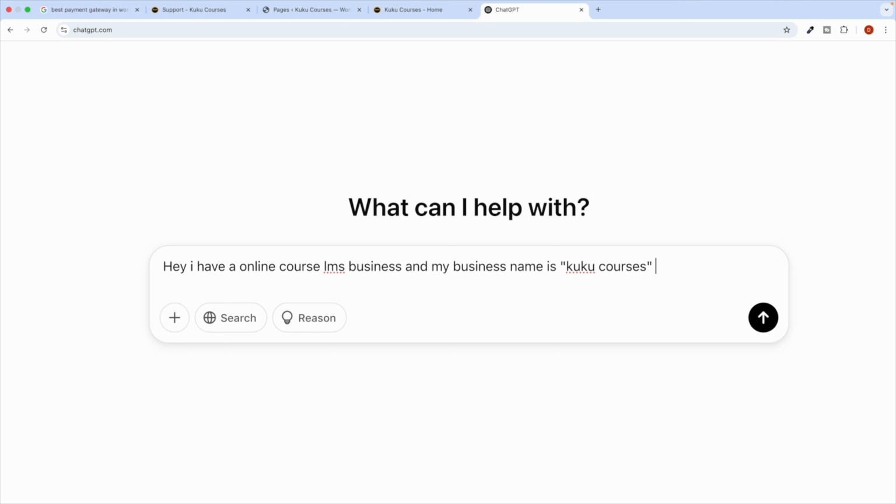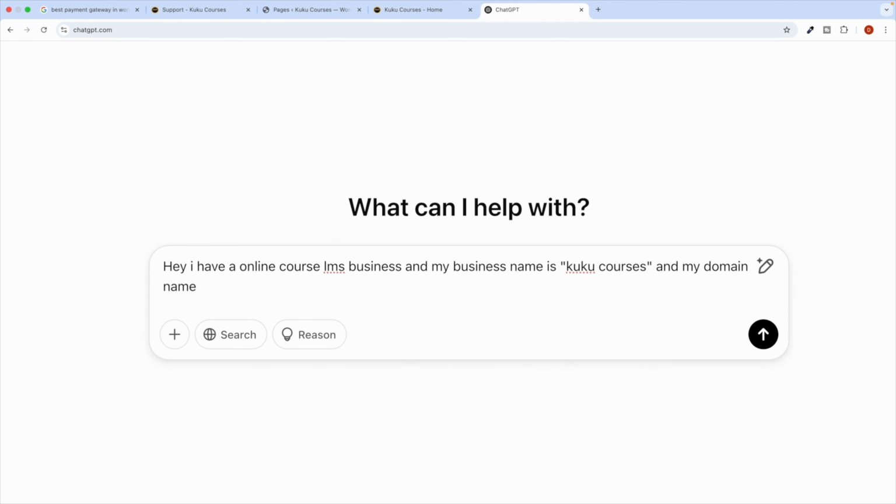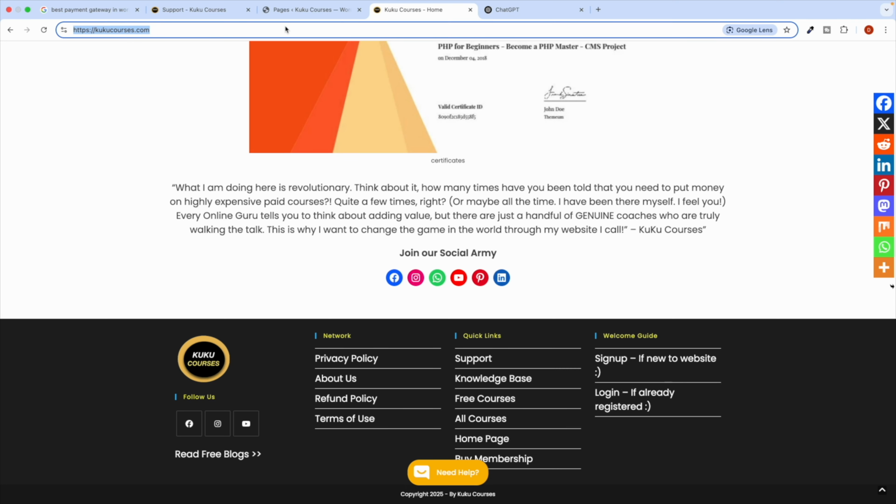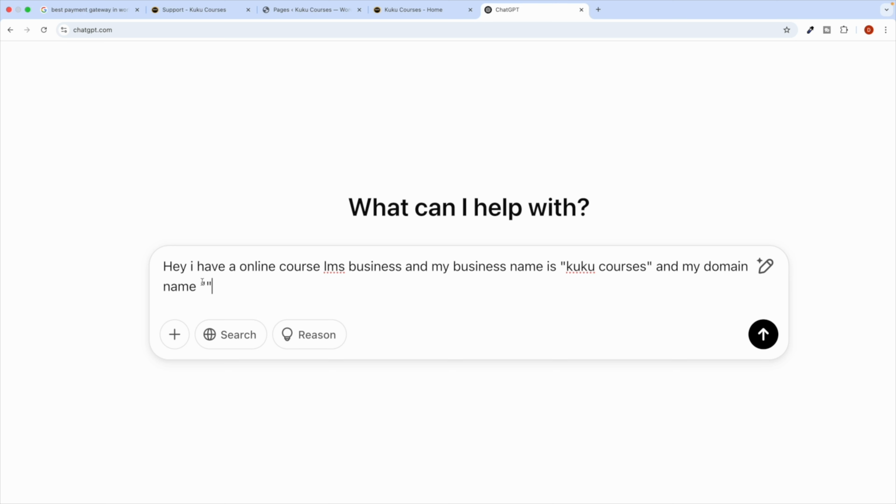Okay, and my domain name. As I have mentioned, the domain name is basically the URL of your website. So whatever website you have, just put the domain name here in the AI tool, so that the AI tool can understand what the details of your business are. And after that you can say, hey, now can you create standard